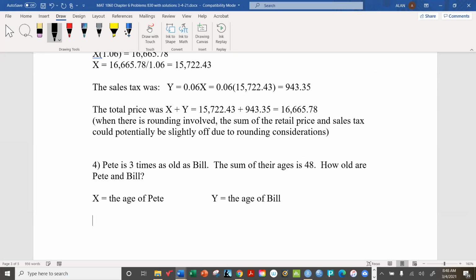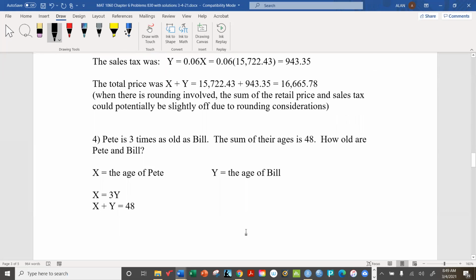So what do we know about them? Well, Pete is 3 times as old as Bill, which means that X is 3 times Y. And in addition, the sum of their ages is 48. All right, so this time, why don't we try this? Using the method of substitution,